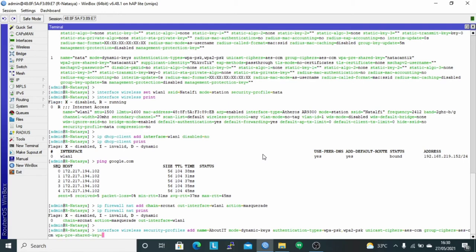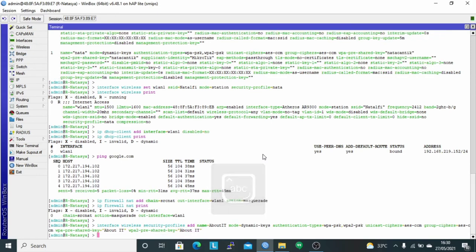Here I use the password according to the topology, namely about IT. And for the WPA2 pre-shared key using the password about IT. And then check with the command interface wireless security-profile print.